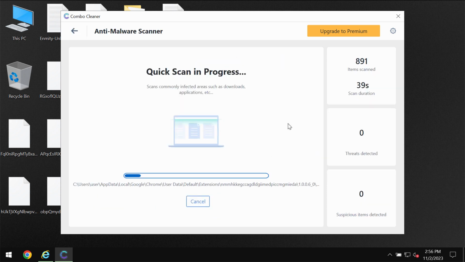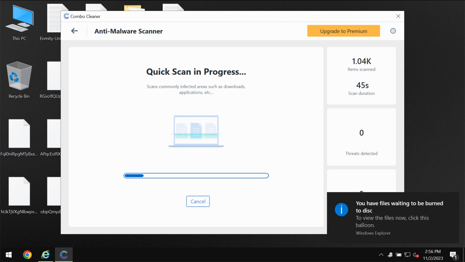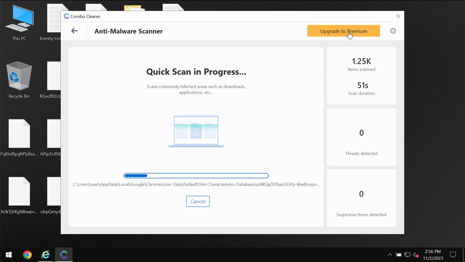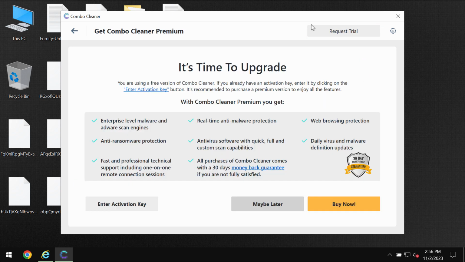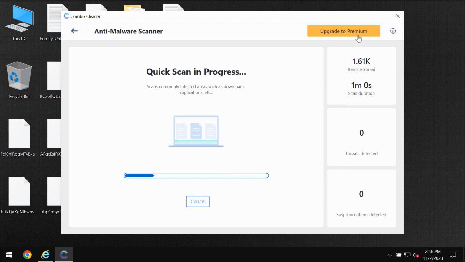So you need to wait until the scanning has been successfully accomplished, and then at the end of the scan you'll see the summary of all the threats. You will be able to know their locations. Some threats, of course, can be removed manually, but I recommend that you consider premium license. You can request a trial to fully evaluate the features of Combo Cleaner. Combo Cleaner, as I said, does not decrypt files, but it helps to remove the ransomware and to protect the